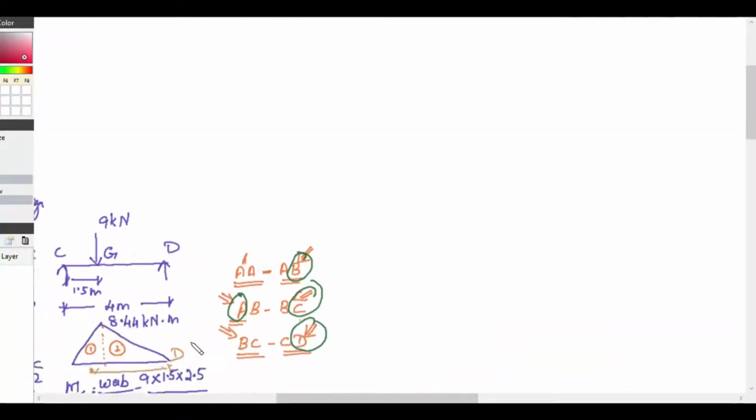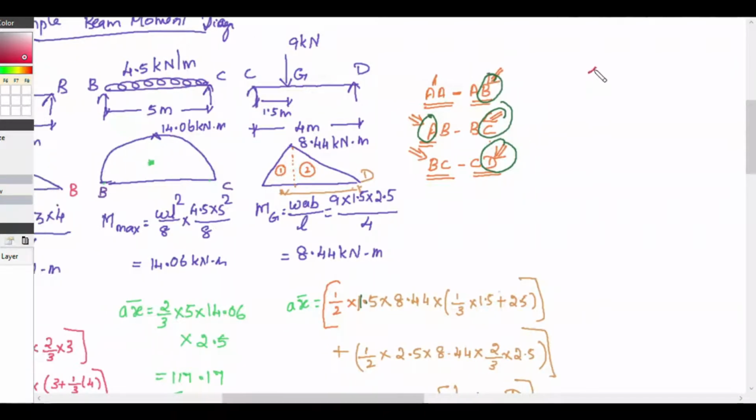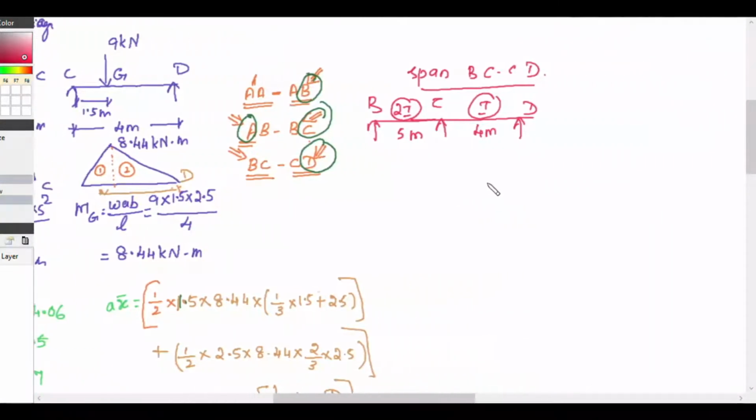We will write here. Okay, so our spans are span BC and CD. BC is 5 meter with 2I, and CD is 4 meter with I. So our three moment equation is